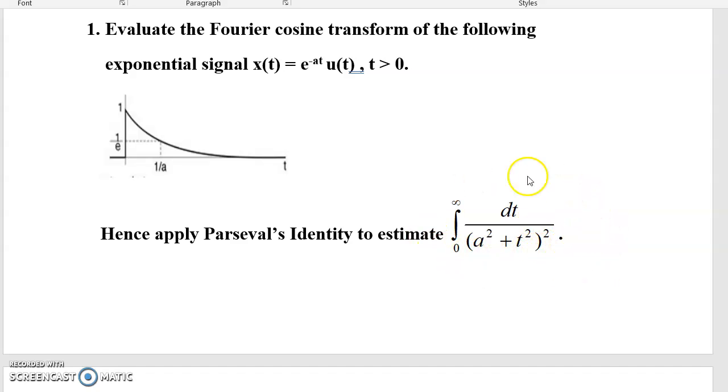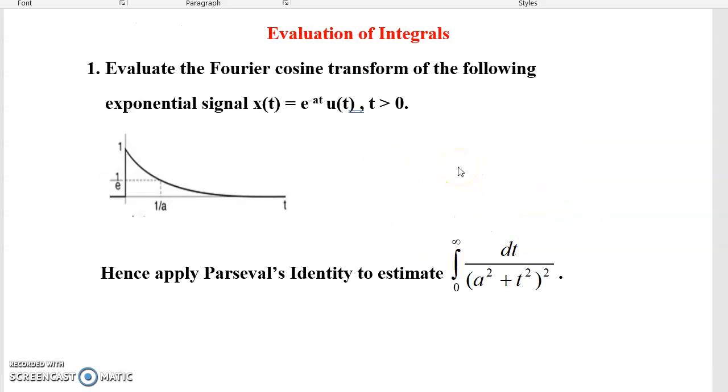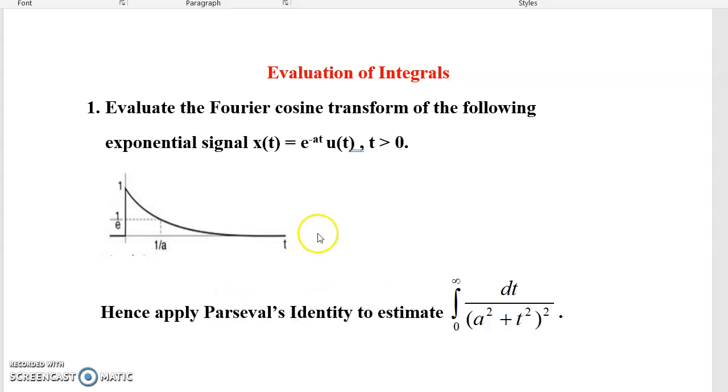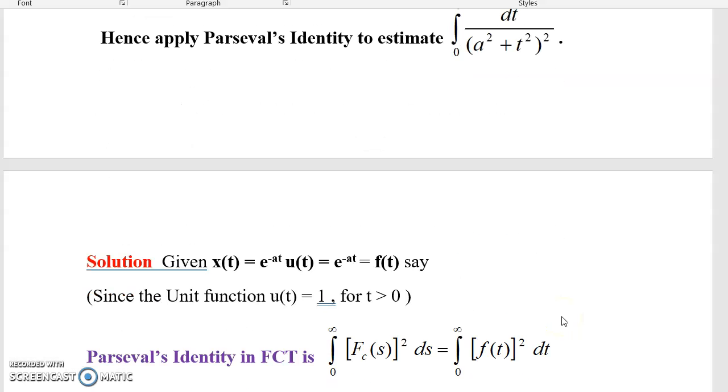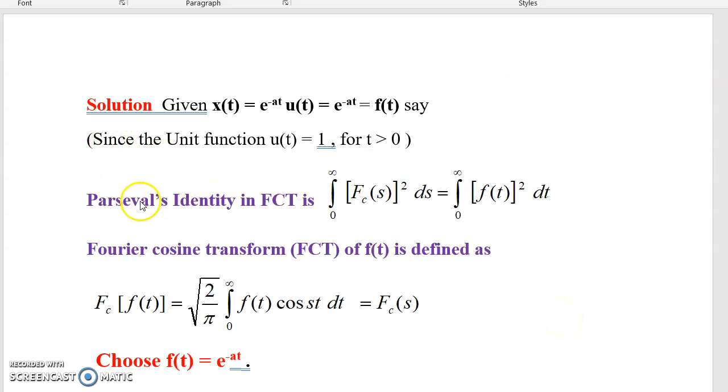Actually, if you look at this integral, it is looking very complicated. Using our usual analytical method and other integration formulas, if we try to integrate this integral, it is going to be very difficult. But let us see how to use the Parseval's identity of Fourier cosine transform and easily get the answer for this integration. First, let us go to find